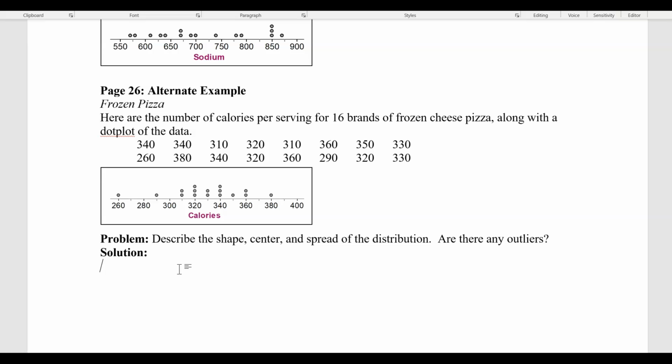And I think in the next section we get a little bit more in depth into what standard deviation measures and how to think about that. So for now, I'll just use the range, or the interquartile range, the IQR, to talk about the spread. So the shape, a complete sentence there would read something like the number of calories in